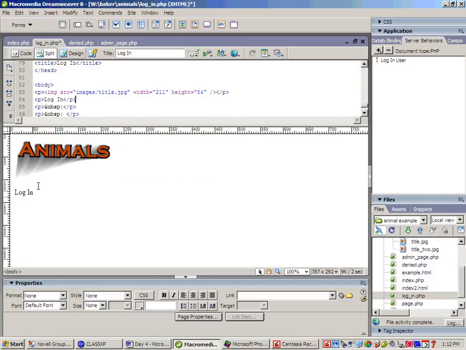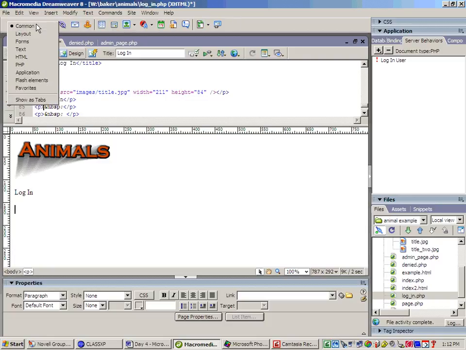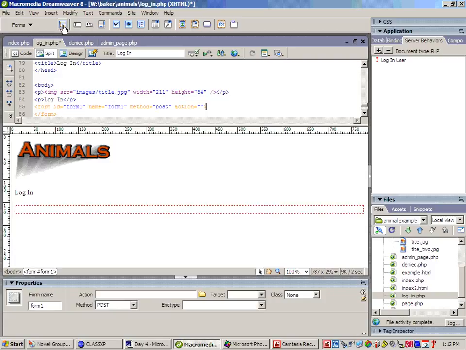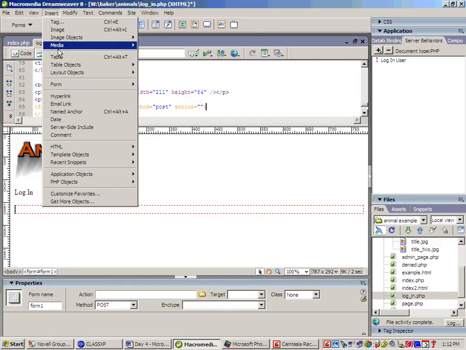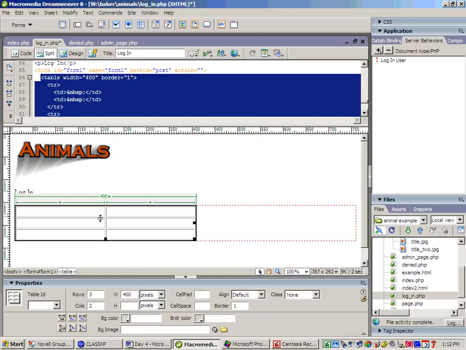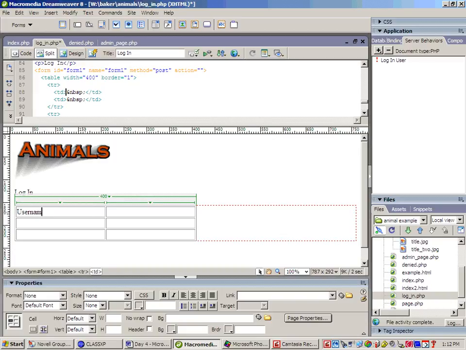Next, in my login screen, I'm going to create the login option. In order to do this, I must create the form, and I do that by using the form option inside of the insert toolbar. So I select the forms, and I select the form option. Next, inside the form, I insert a table. I'm going to use a 3x2 table. I will select OK. I'm going to type in username,